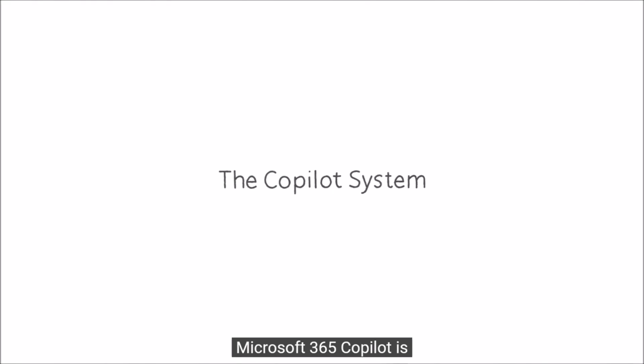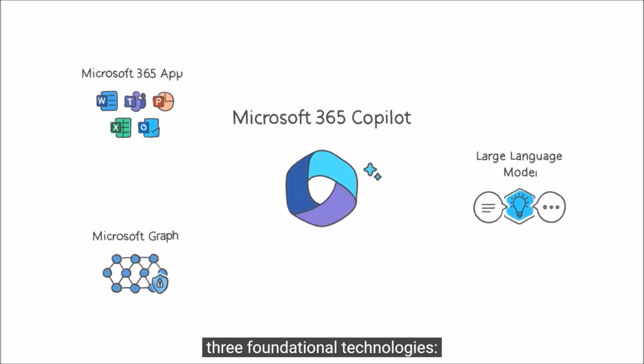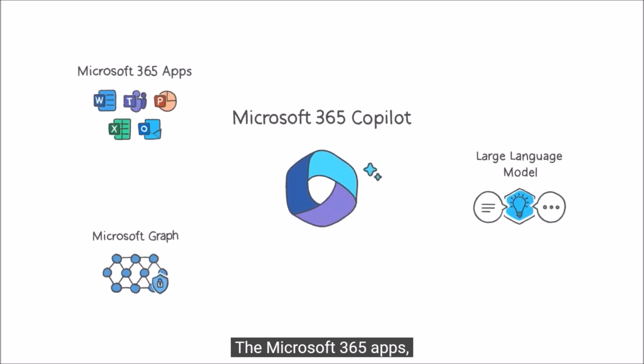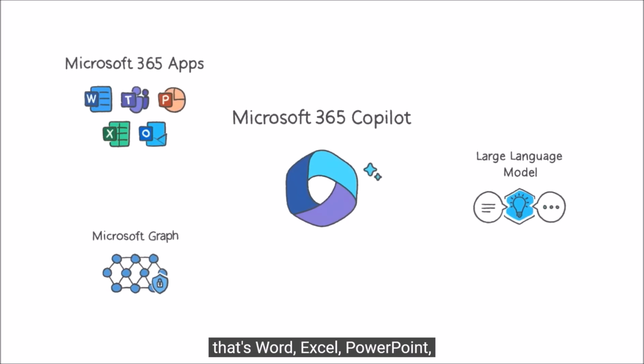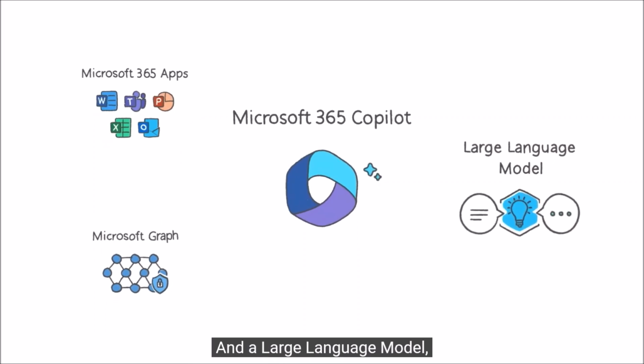Microsoft 365 Copilot is powered by what we call the Copilot system, a sophisticated processing and orchestration engine. It harnesses the power of three foundational technologies: the Microsoft 365 apps, that's Word, Excel, PowerPoint, Outlook, Teams, and more. The Microsoft Graph, that's all your content and context, your emails, files, meetings, chats, and calendar. And a large language model, or LLM, a creative engine capable of parsing and producing human-readable text, all accessible through